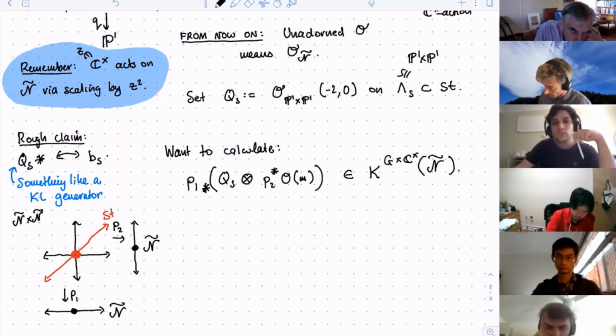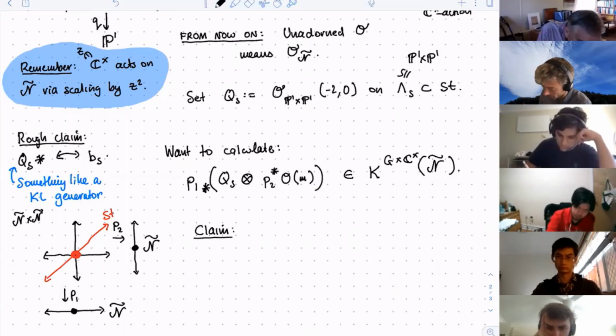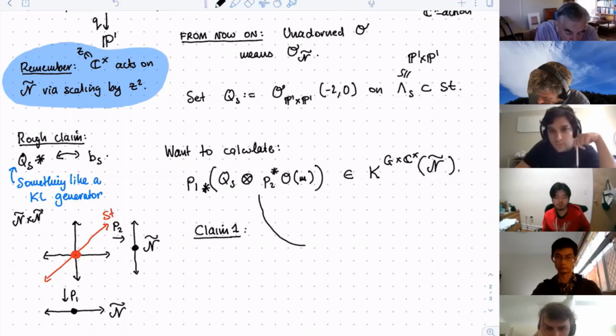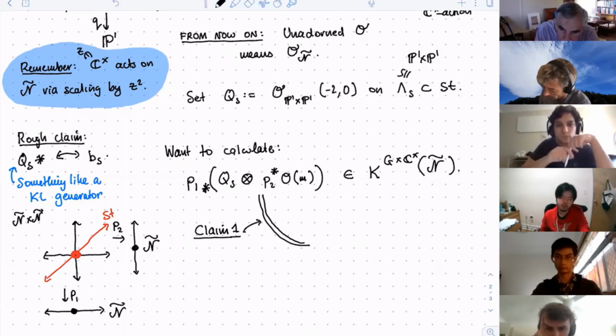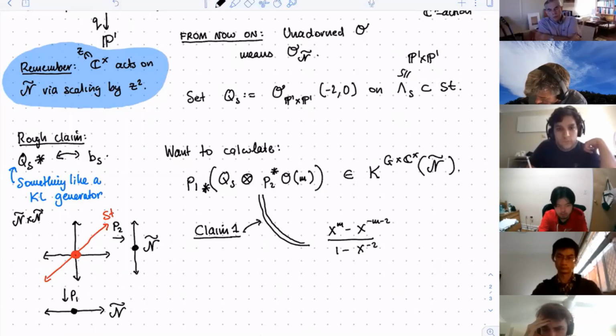And the first claim is that this thing agrees with the following, and this is claim 1, which is that it is what we saw in the P1 calculation, so x to the m minus x to the minus m minus 2 over 1 minus x times the class of the